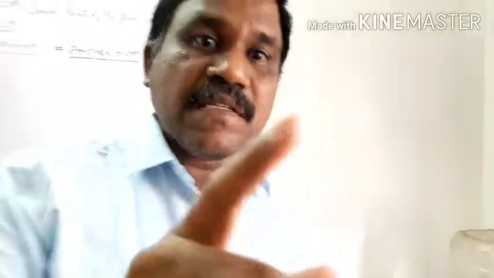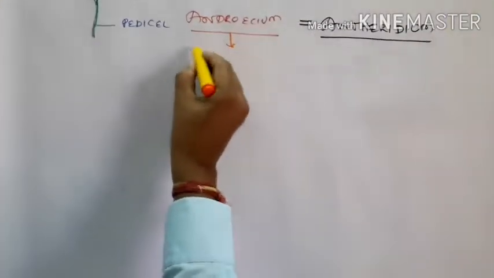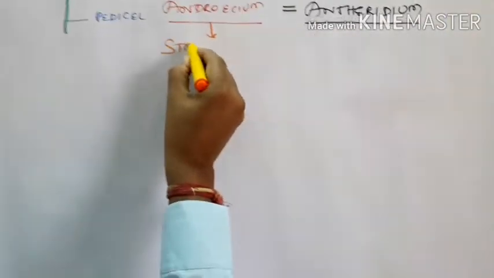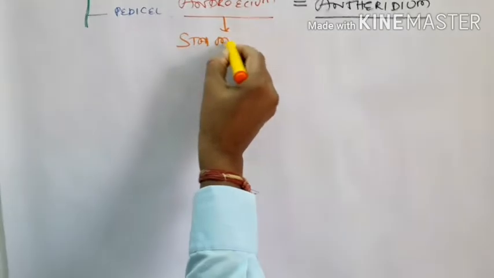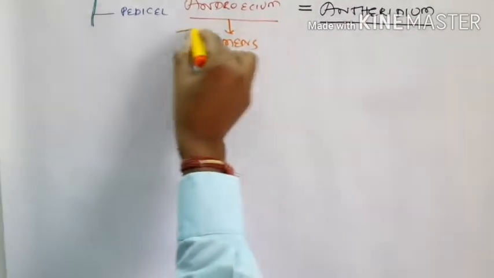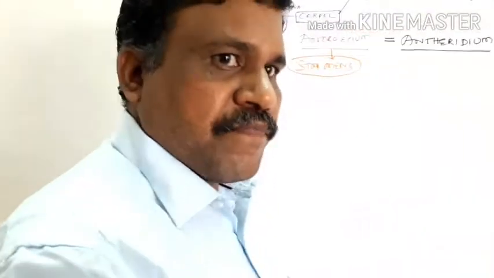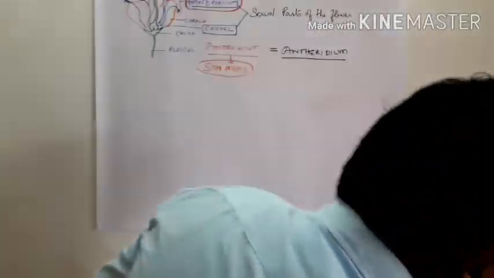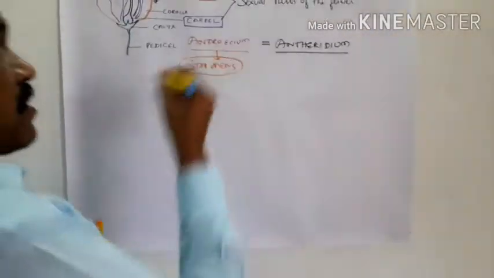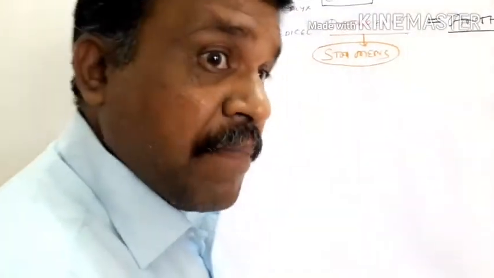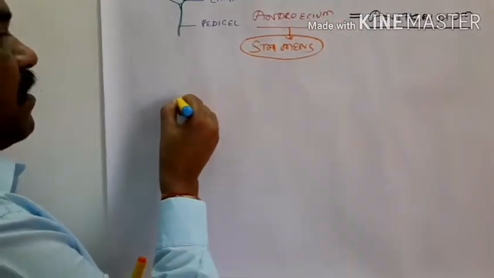What is this androecium composed of? Androecium is said to be the male reproductive part. Androecium is composed of stamens. So, a group of stamens form the androecium. Is it clear, children? Now, what is the stamen? How does the stamen appear? So the stamen, this is,